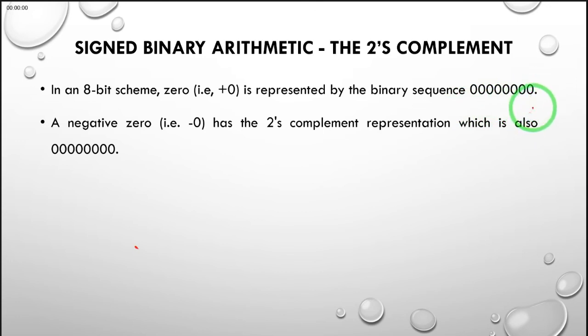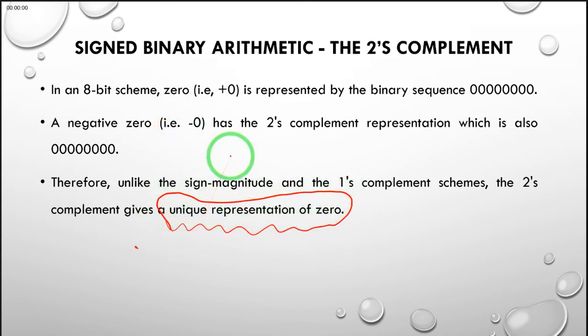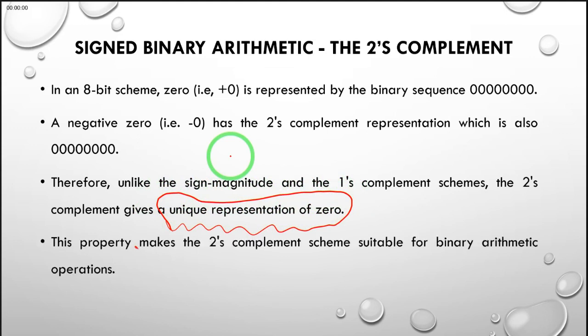And then when you add a 1 to get the 2's complement, everything else becomes a 0. So we can see in this method that unlike the sign magnitude and the 1's complement scheme, the 2's complement provides a unique representation of 0. So it doesn't have two representations, and therefore this one is a better method of representing signed